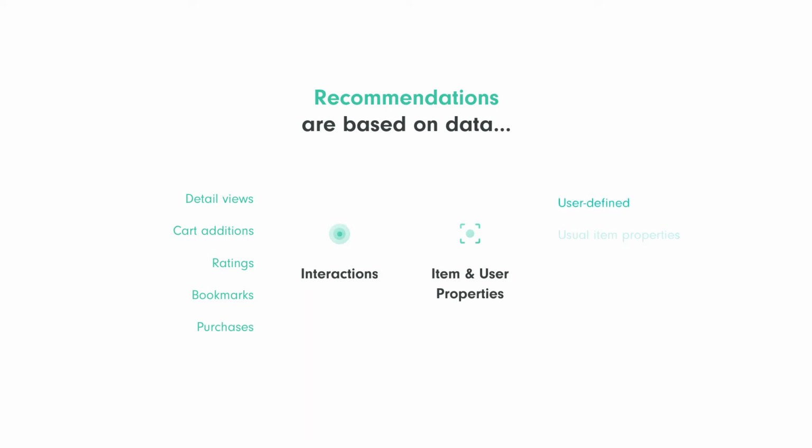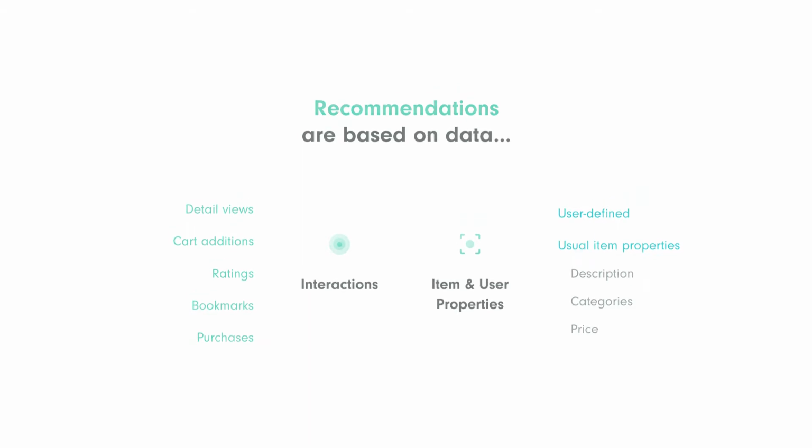The properties of items and users are also very important, which can be, in the case of items, for example, text descriptions, prices, or categories. The properties are examined with content-based algorithms and used in recommendations, especially in the case of cold start items which are not covered with interactions yet. We'll focus on the item properties in the next video, but today we'll start by uploading and getting recommendations based